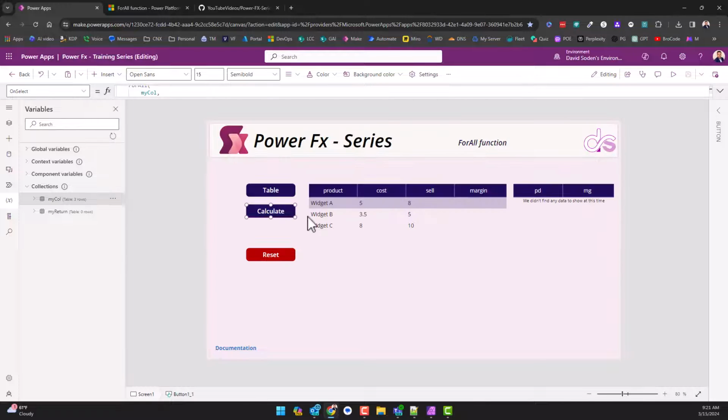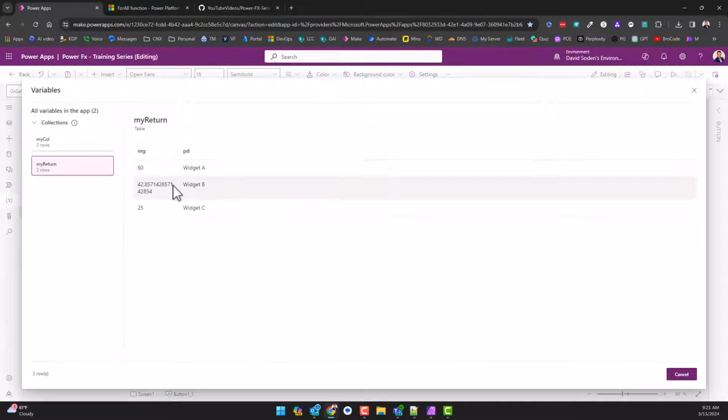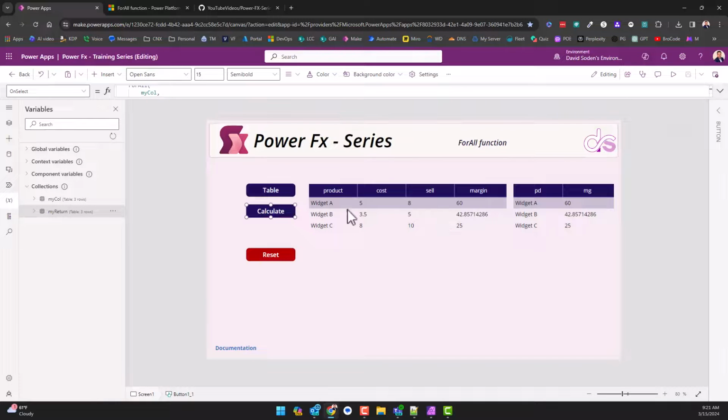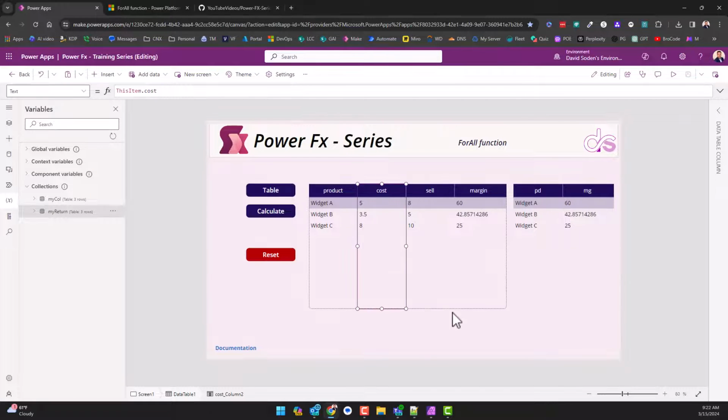So let's go ahead and press calculate and let's see what happens. Okay, so that happened pretty quick. There's only 3 rows, but notice the my return table, let's look at that, right? So this is like a temporary table, and I kept the PD, and you may be saying, well, why didn't I just do the calculation? And I could have done that, but if I didn't create the PD column, I wouldn't have a way of